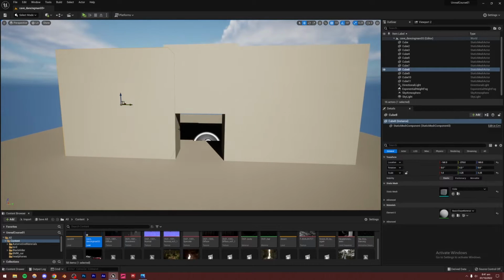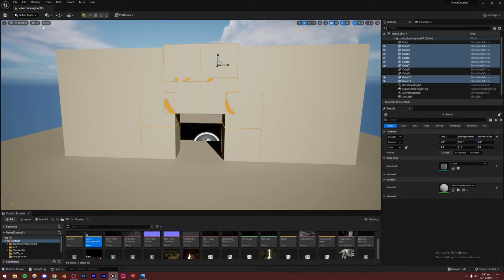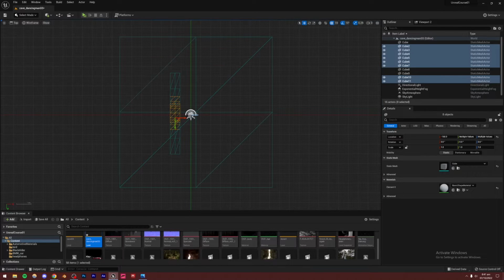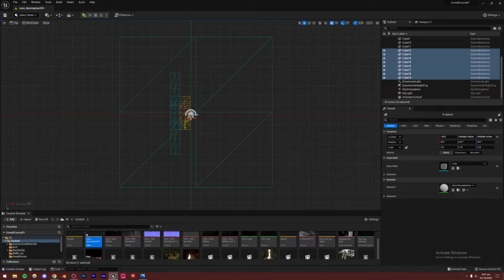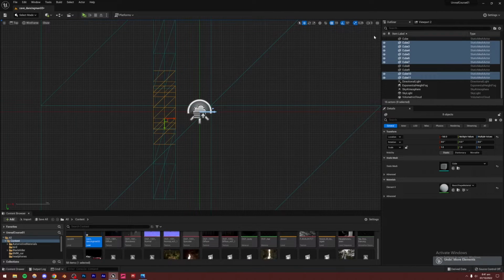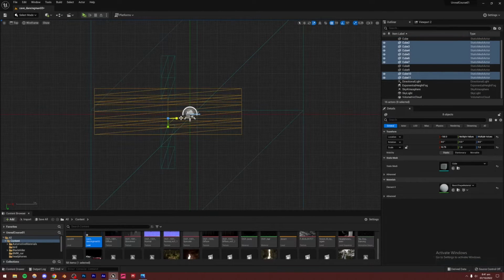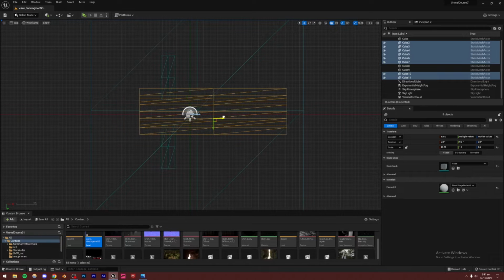What I'm going to do is select these assets right here, these cubes, and duplicate them. But for that, I'm going to go to the top view first, and I can just duplicate them like that. Or instead, I can simply scale them up in the x-axis. Like that. If I just do that, you're going to see that if I move it back, we have